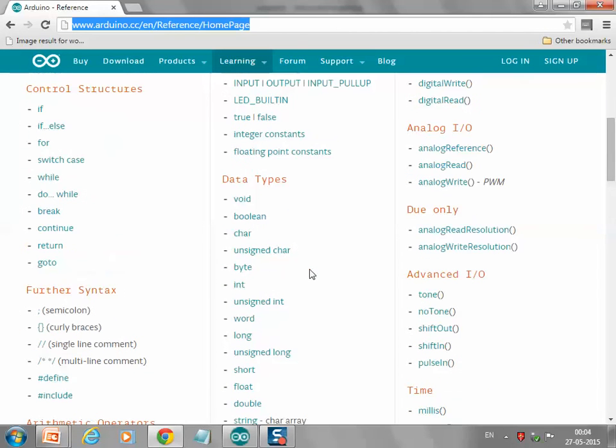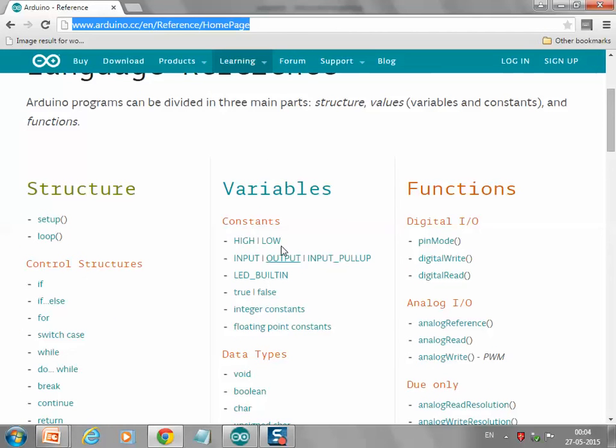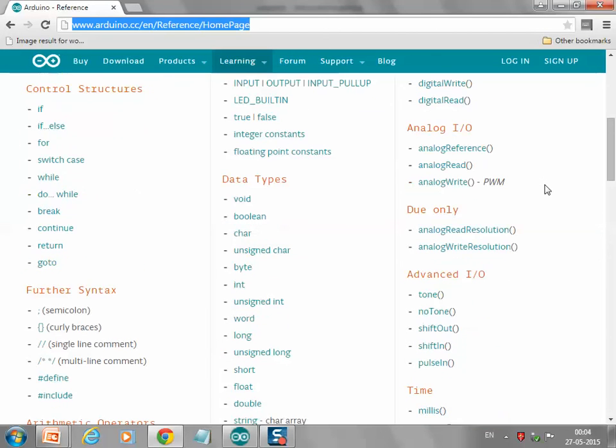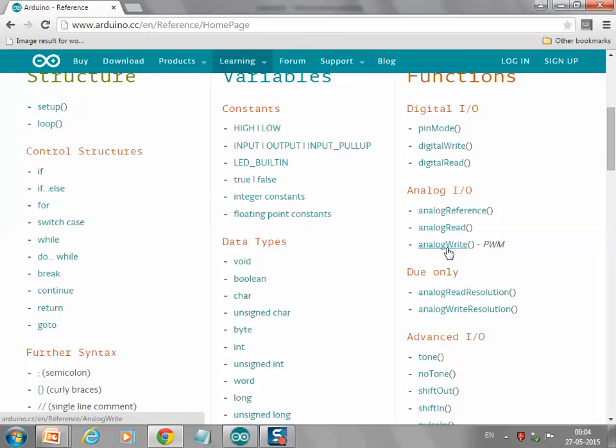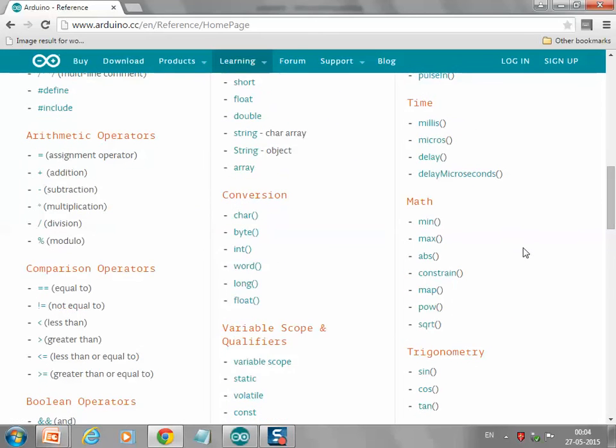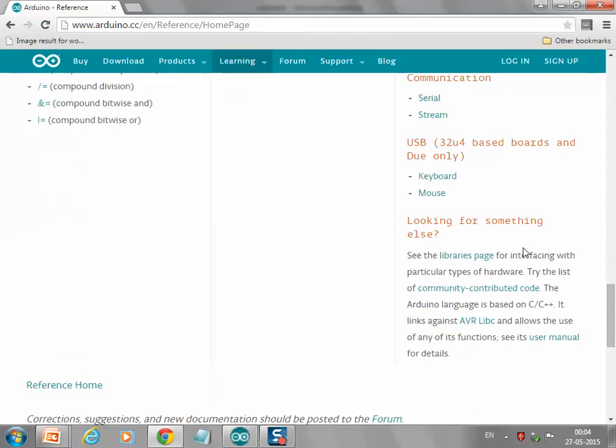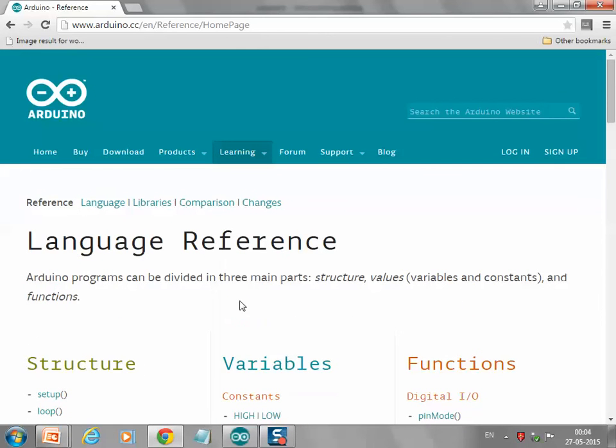These are the major data types and variables. Just now we have seen HIGH, LOW, LED pins, all those things. In functions, there are analog functions and digital functions: like digitalRead and digitalWrite, we have analogRead and analogWrite. You can read most of these things, it's readily available and not very difficult, it's very easy to follow, right? So with this, let